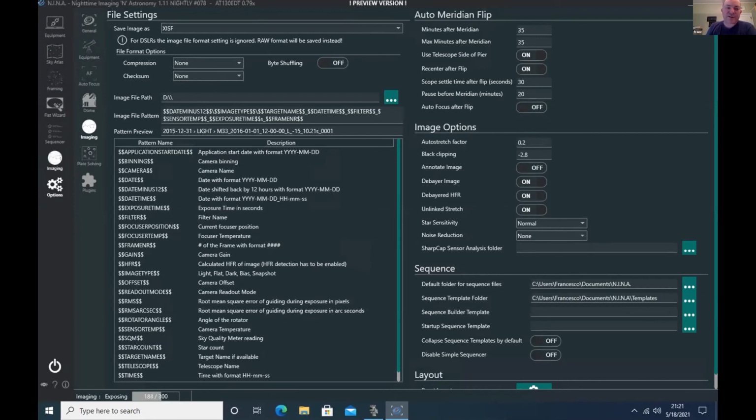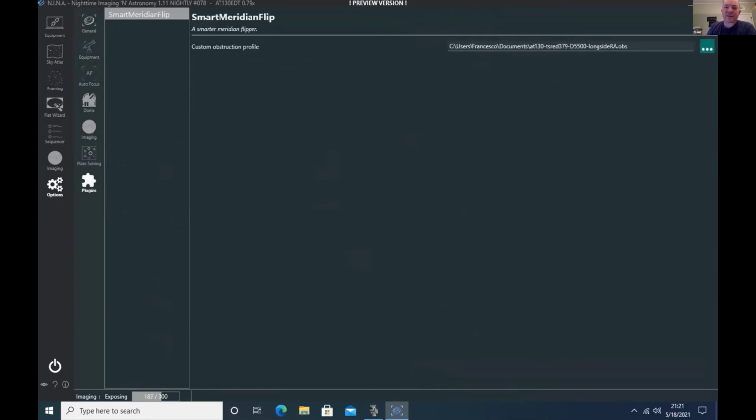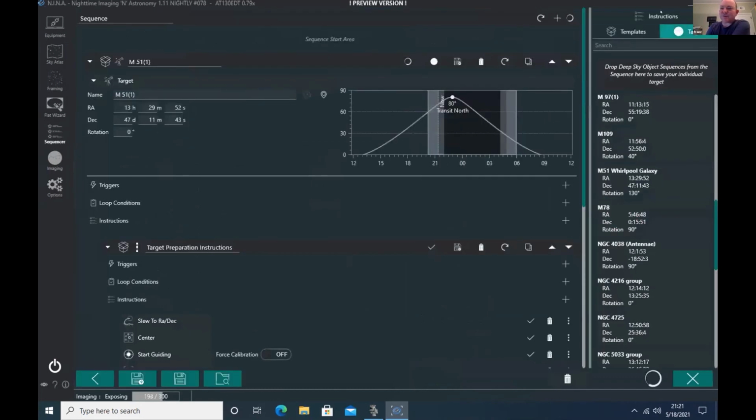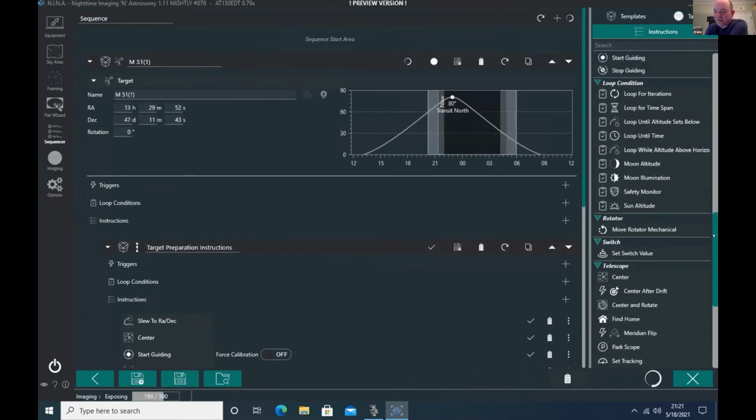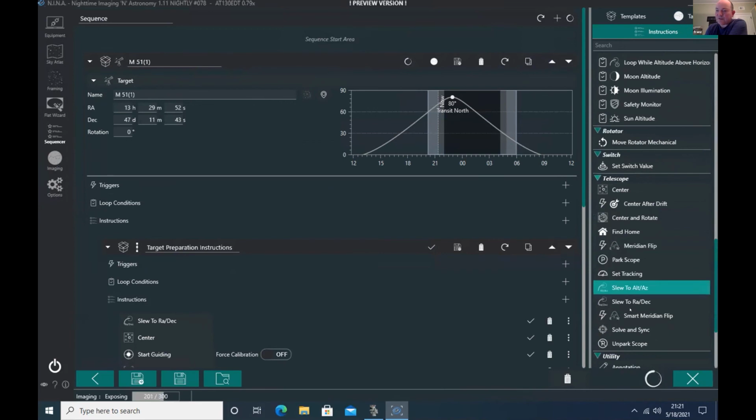And what I did, for instance, was I built the Smart Meridian Flip plugin. This plugin implements a new trigger item that I can find here. Just like there is Meridian Flip, there is a Smart Meridian Flip. In what ways is my Meridian Flip smart? You can feed it with a file that specifies, for each of the declination angles between minus 90 and plus 90, what is the